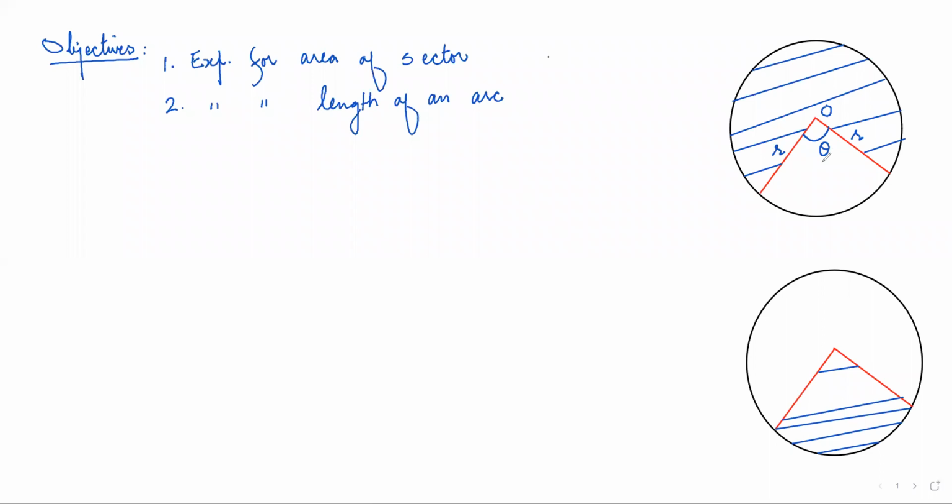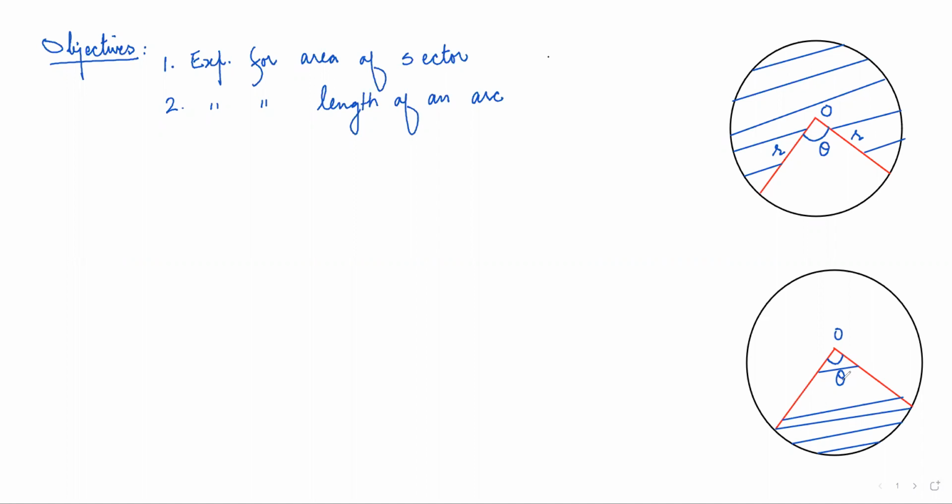Now, the area which is enclosed by these two radii is known as a sector, just like it's been shown here. Now this area, which is marked by straight blue lines, is a sector. Now we can see corresponding to this small area, there is another area which is bigger than this, corresponding to angle theta. So that gives us the idea of two sectors for a corresponding angle theta.